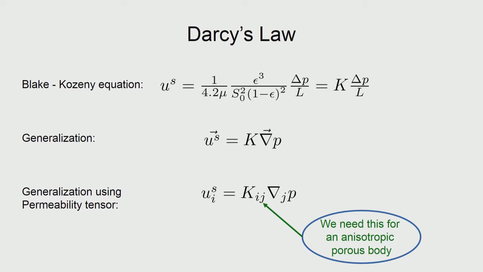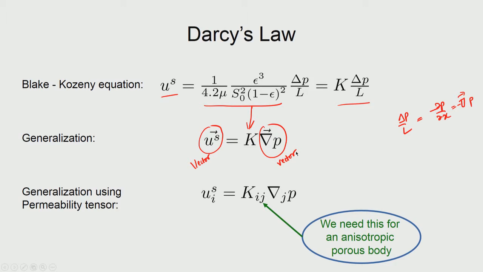So, here this goes a little further. Independently, there is another equation that came about a little earlier, which goes by the name Darcy's law, and here basically we are writing the same equation, and because the superficial velocity is a velocity, it is a vector. So, you have a vector, and this entire thing is nothing but the coefficient, and this is pressure drop per unit length. So, delta p by L is, in our case, dou p by dou x if the velocity happens to be in the x direction, and therefore it is like gradient p. So, this is also a vector.